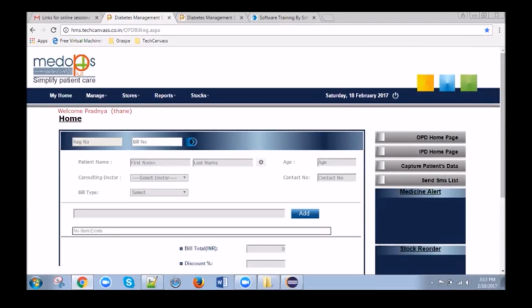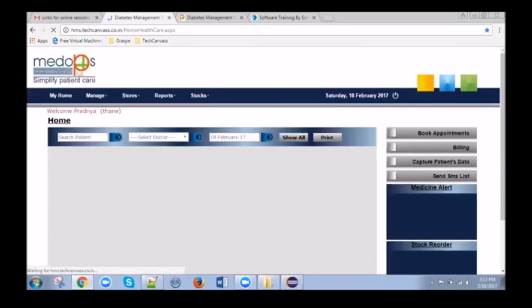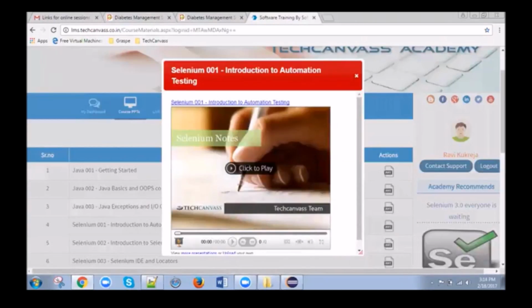We'll check things, like when we click on OPD homepage, is the home word displayed? Is welcome, the username displayed, is search patient displayed, right? Or we can also test that if I enter any string and say show all, what results are displayed, right? So we'll automate some use cases, and some use cases you can try on your own, and if you have questions you can ask them, right? But today